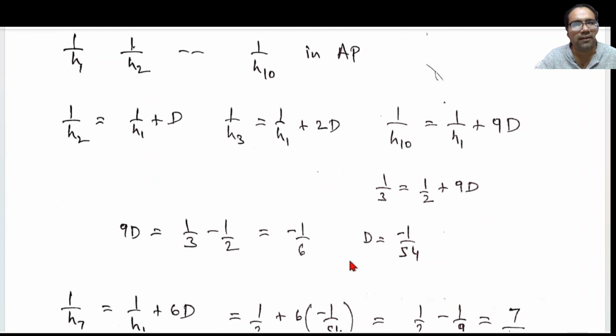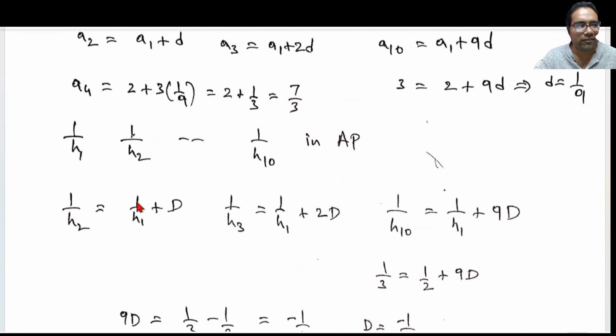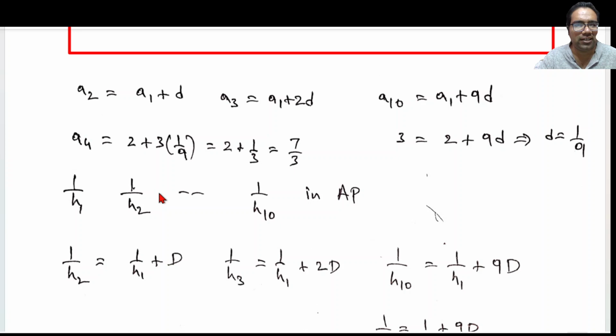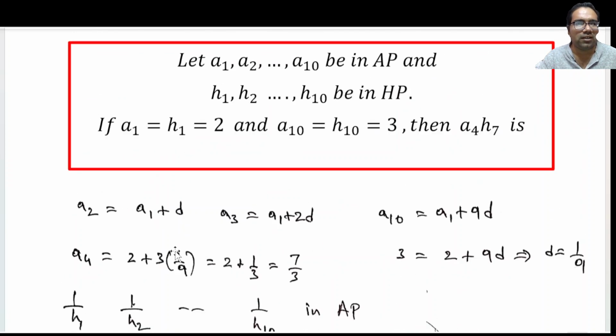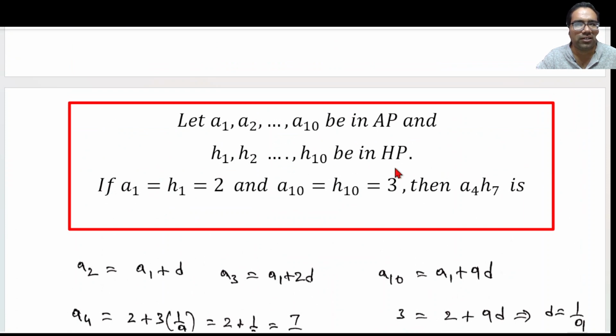Right, guys? Very simple. Just applying very basic formulas, that AN is A1 plus (N minus 1) into D, in both cases. For the harmonic progression we just converted it into an arithmetic progression. Very simple